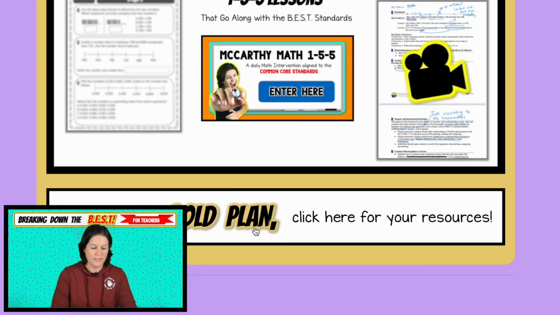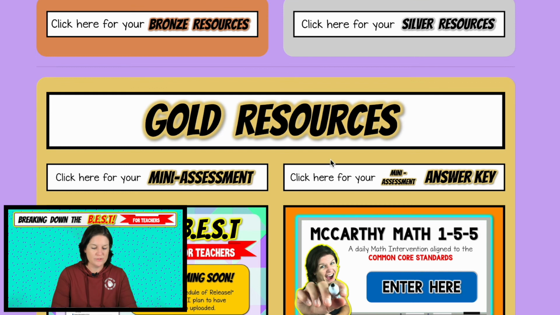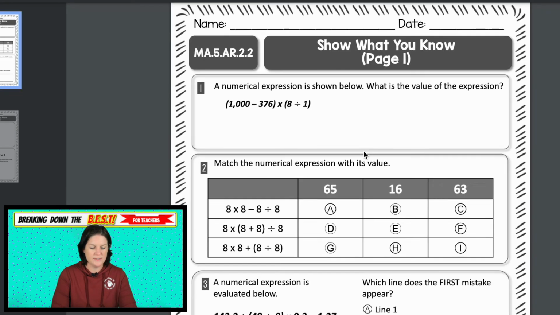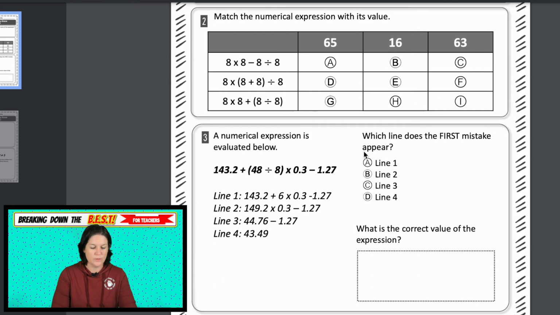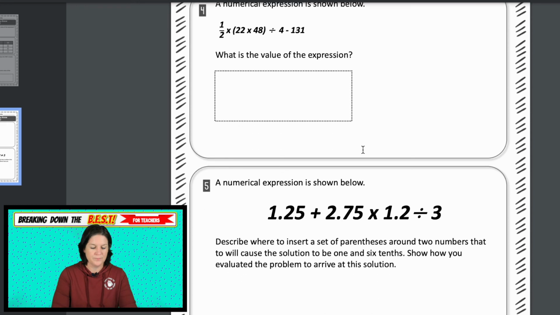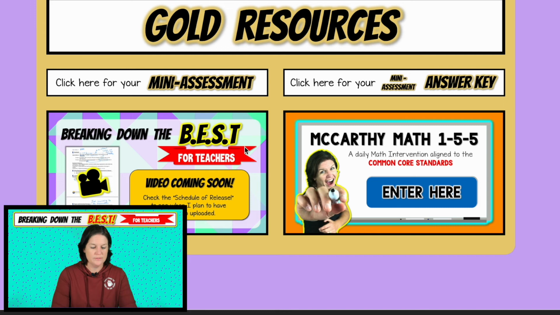And in the gold plan, click that. If you have the gold plan, you have access to everything. You have a mini assessment aligned to the standard with a variety of question types. And you have your answer key. You also have the perk of having this breaking down the best episode right there with all of your resources. These episodes are also available on YouTube as well, but here,